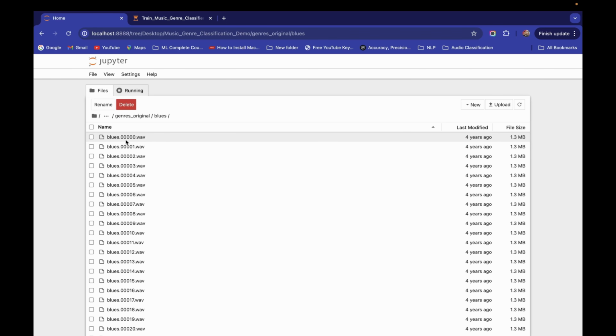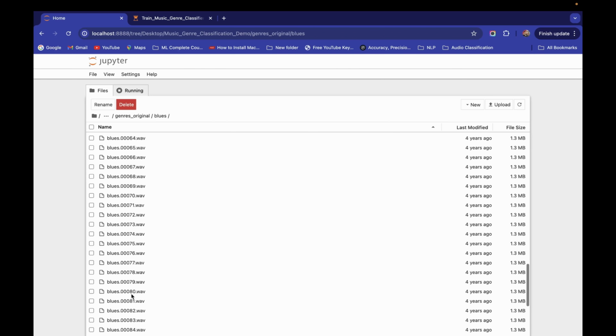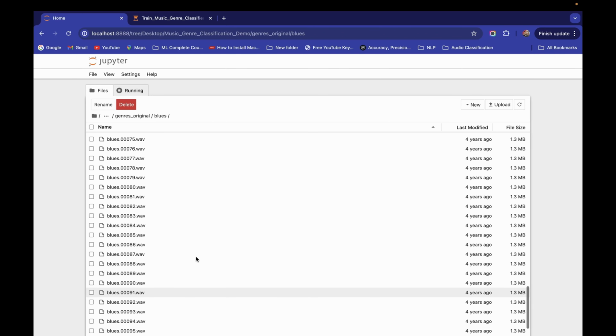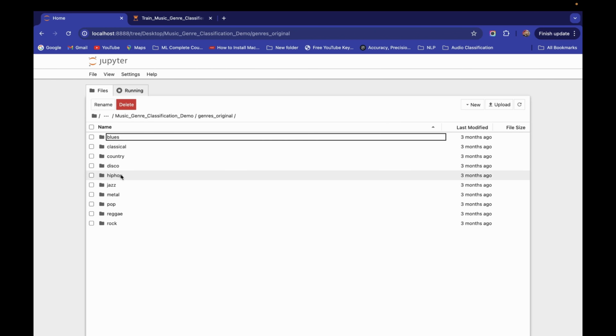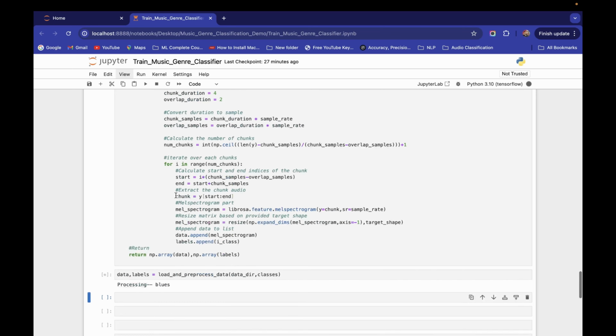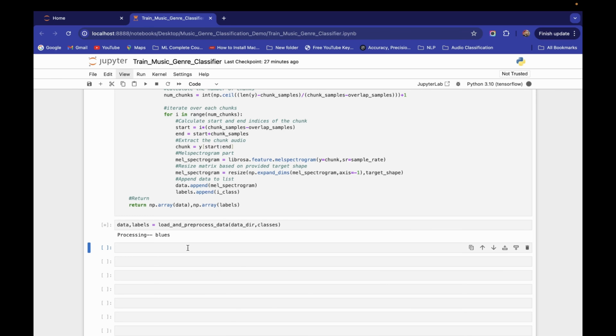So 15 MEL spectrograms for each file. Here we have 100 files, so 1500 MEL spectrograms will get generated for this class only. Same for the others. I think it will take 3 to 5 minutes to complete, so let's wait for that.